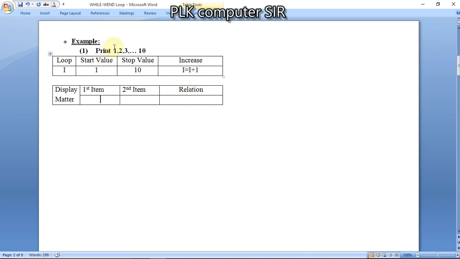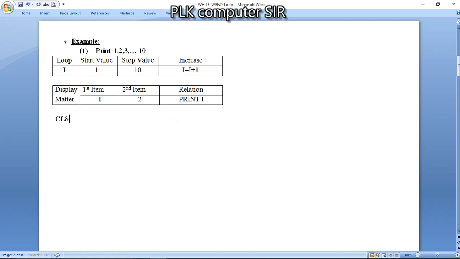Now if we talk about the printing item, first printing item 1, second 2. If you compare counter and printing item, both are similar. So for looping we have assumed variable I, it means if we print I, then we can get the desired output. Now I'm going to write the code here.